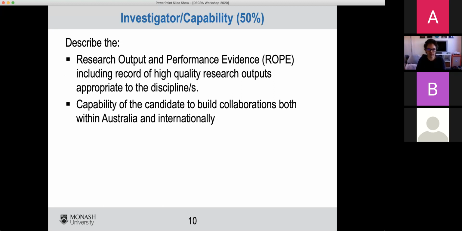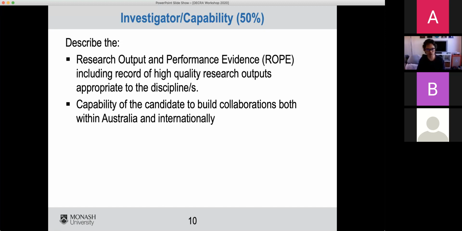So in the investigator section, this is where you describe your research output and performance evidence, including record of high quality research outputs appropriate to the disciplines. And this is the ARC language. High quality research outputs could be a range of things. As a fundamental animal physiologist, it would be journal outputs for me.